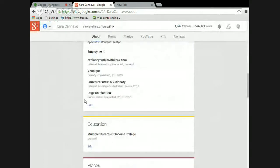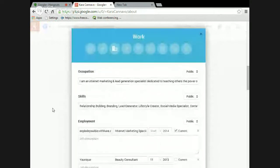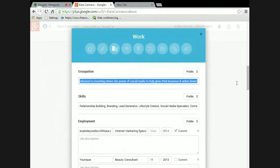And then here's where it really gets good. So your work occupation. Just don't mind the little box here. Obviously Google's going to make it look better. But put whatever you want there. I think there's only so many words you can use. But get creative,